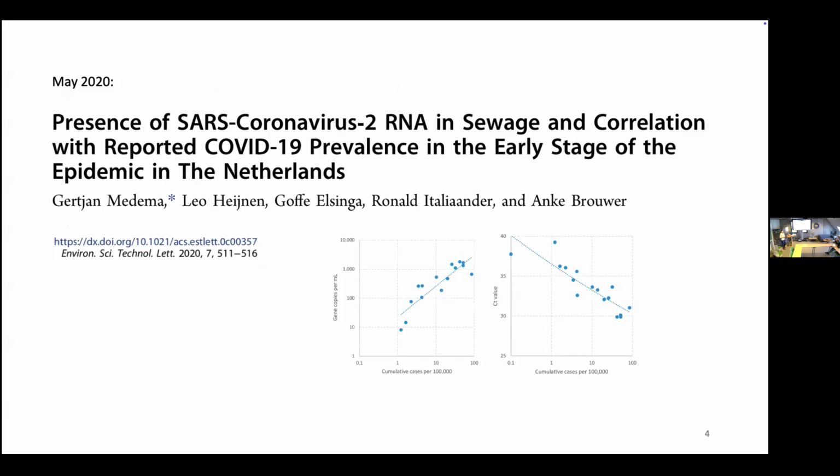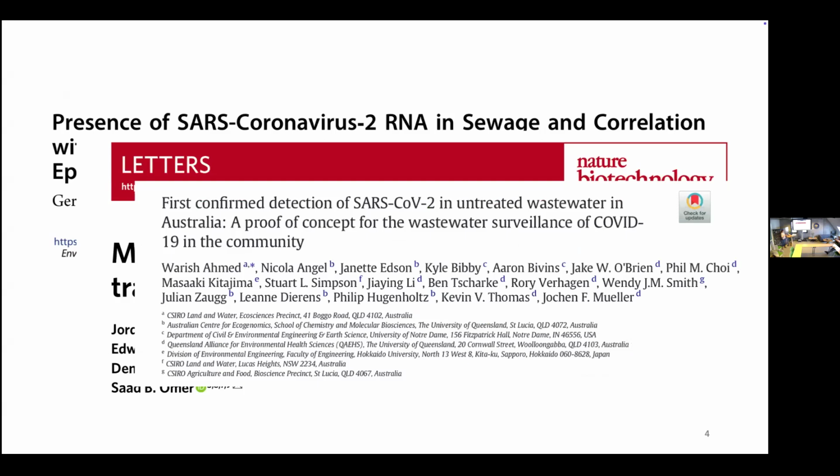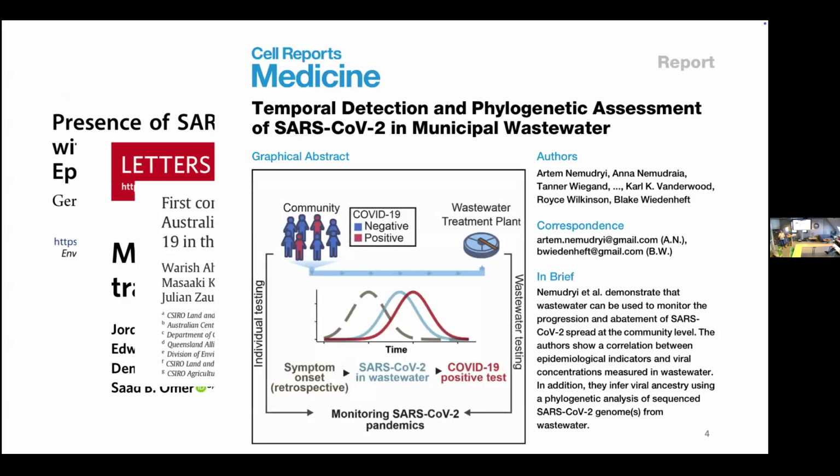So already early in the pandemic, people started looking at wastewater and trying to see, okay, can we indeed measure these concentrations of the virus material, and does it give us an indication of the number of infections? And actually, one of the first papers came from here in the Netherlands, showing that there is a strong correlation between the copies, so basically the concentration in a wastewater sample, and the number of infections in the population. And after that, many people have actually been showing the same thing, that we can track the number of infections by looking at concentration in wastewater.